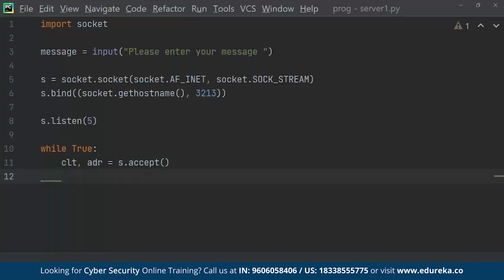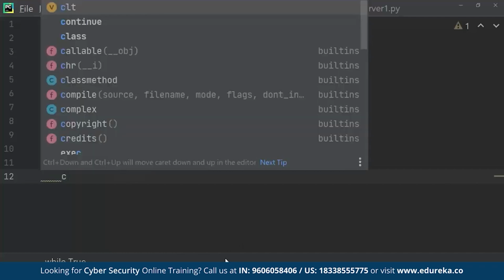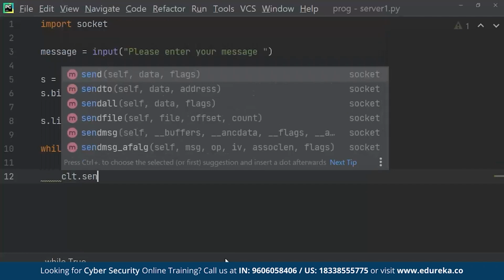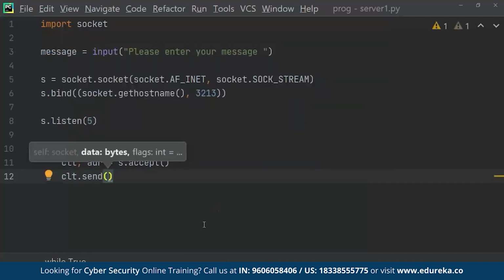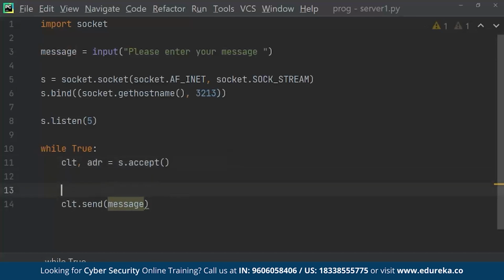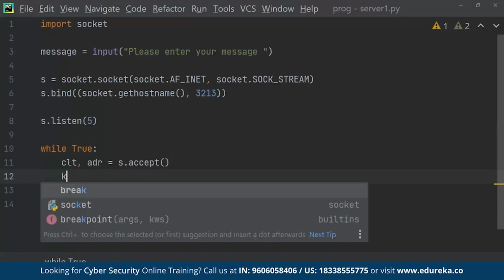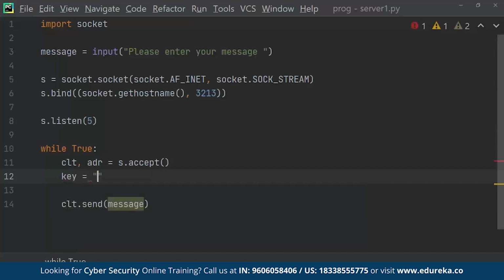And now what we're going to do is we have to send a message, isn't it? So in order to send a message, we'll have something like clt.send. Okay, and here is going to be our message. So message, this should remain the same, so we will not change it. But before this, we'll try to encrypt our message. Okay, so in order to encrypt our message, as I mentioned, we have to define our key here. So key is going to be